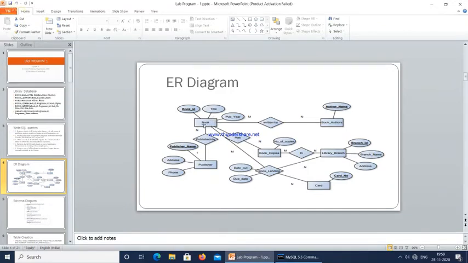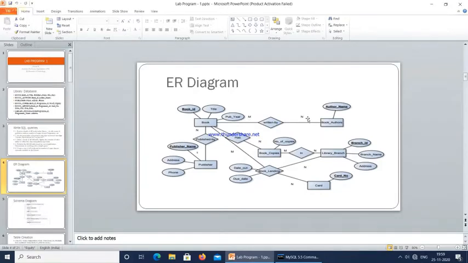If you look clearly here, we have the book entity, which is going to contain book ID, title, and publication year. Then book written by book authors. Book authors is another entity. We have an M is to N relationship here, which we call mapping, M is to N mapping.